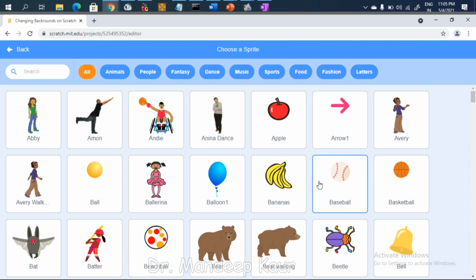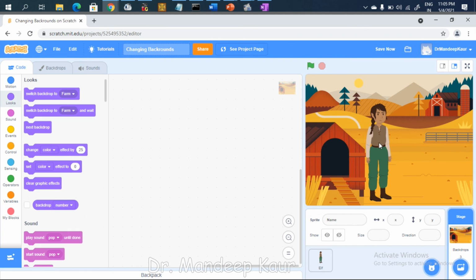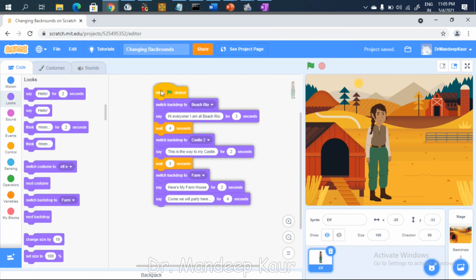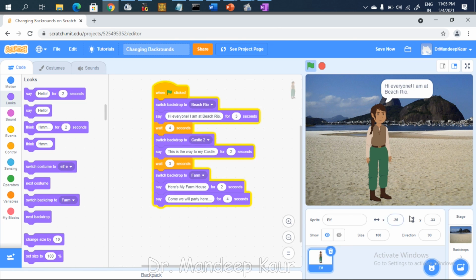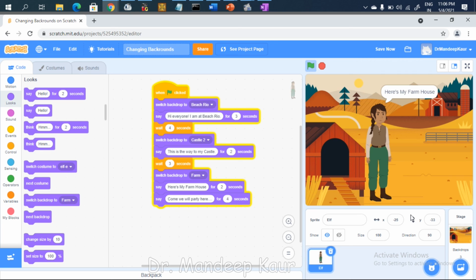And then if I talk about the sprite, if I go to the code and select the sprite, it will be like this. Now I'll select else, and this is the whole code. If you want to increase or decrease the size, you can do that. The number of seconds for every scene, you can just click here, and this is how it is working. So in this way, you can design your scenes with changing backgrounds.